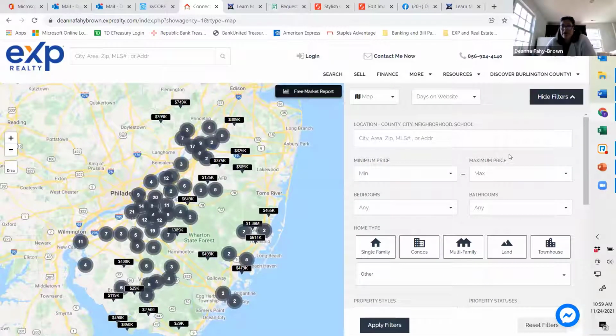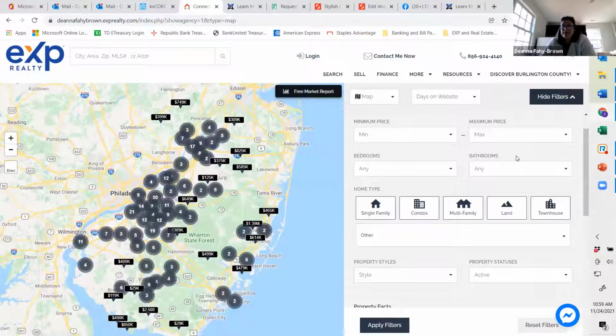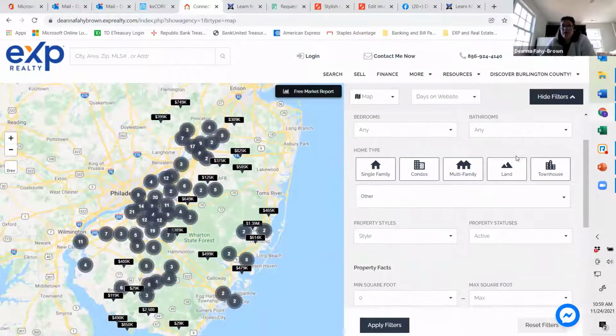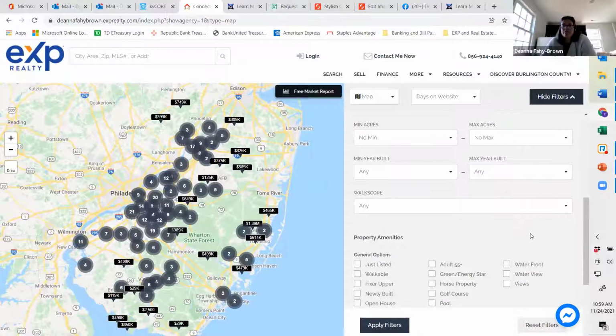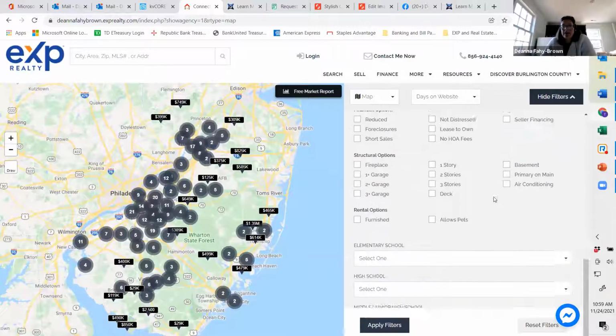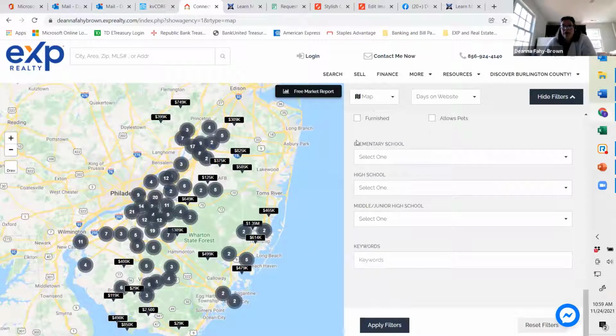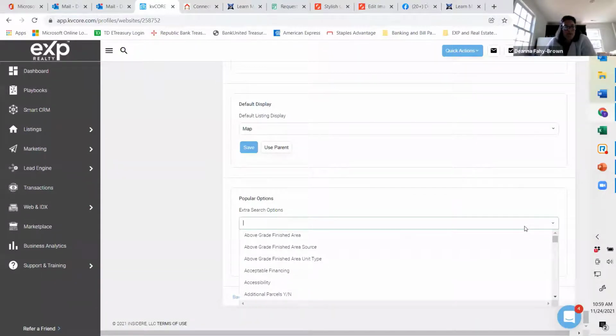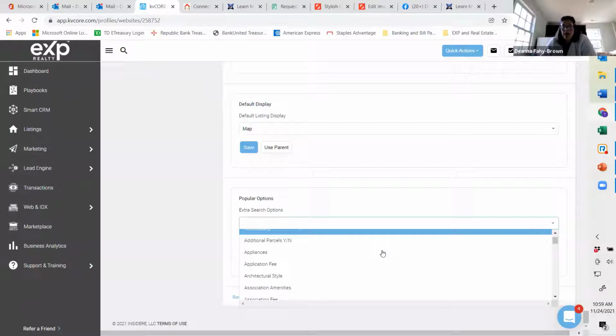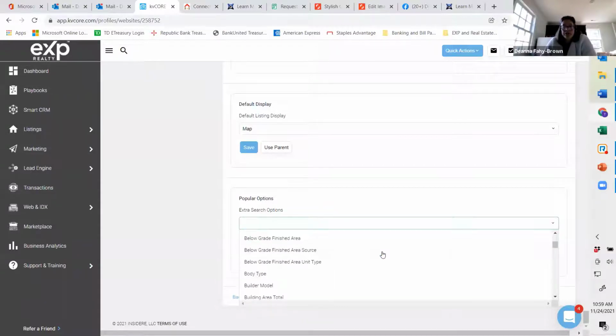And you'll see that there are a number of filters that a potential client can apply, from price to bedrooms and bathrooms to various property criteria. But what I wanted to do was go ahead and add just a little bit more functionality to that search. And what I did was I looked in this drop down, which is pretty large, to find additional search criteria that I could make available to